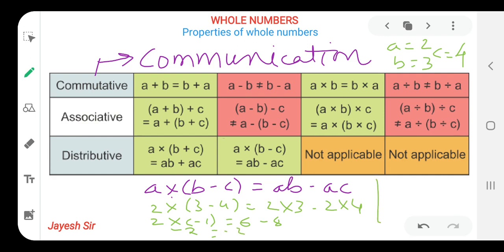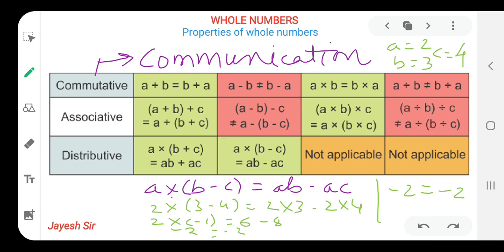Again I am writing over here 2 into minus 1 would be minus 2 is equal to 6 minus 8. I am having 6 rupees in my pocket, but I want to give 8 rupees to my friend. So 6 I will give, and the remaining sum I would like to give him afterwards would be minus 2. That means 2 rupees only. I hope you all might be getting it. You can solve it in this way also.